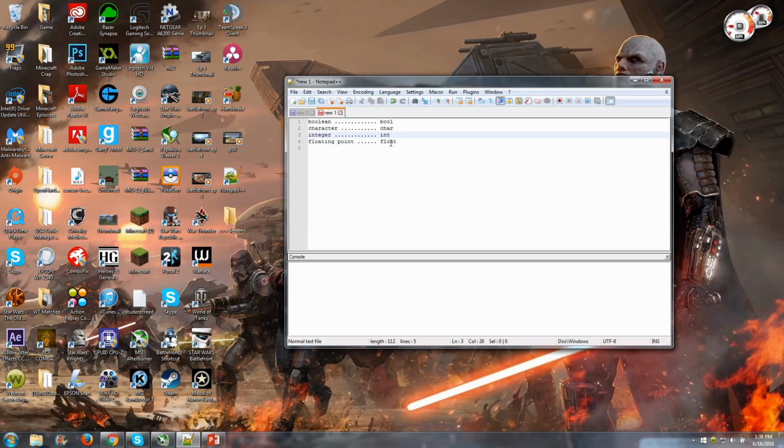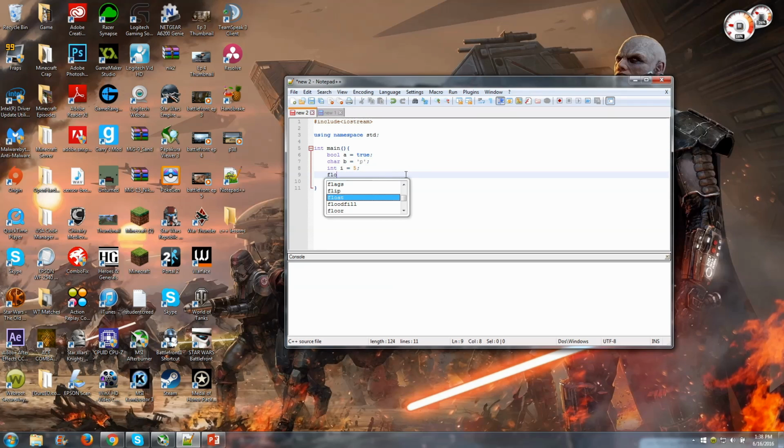And finally, the floating point indicated as a float, and this is simply a decimal value. And we can say float f, and we'll say 1.5. Okay? So this floating value f is 1.5. Okay, so these are some sample data types we have. There's some other ones too. For example, a double, or a double float, or